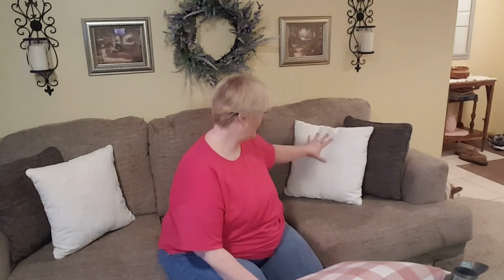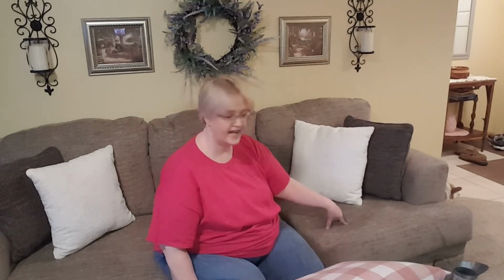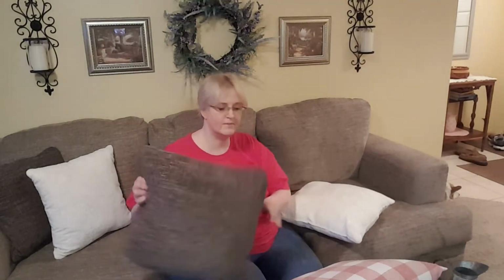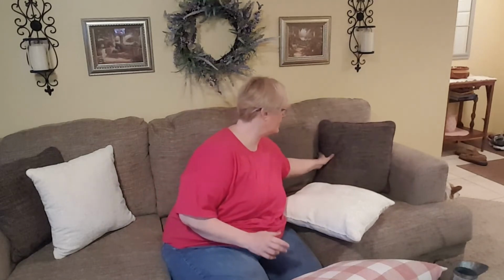So my dilemma is, okay, so I have the dark gray and I have the white. The sofa is actually a sagey green that's got a little bit of gray to it. That doesn't really show up. You don't see the green until you take away the gray. Then the green pops out. I wanted to bring out a little bit of the gray, so I went with the gray pillows, and it